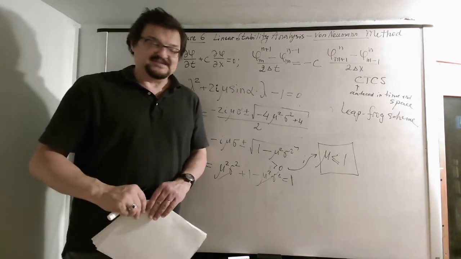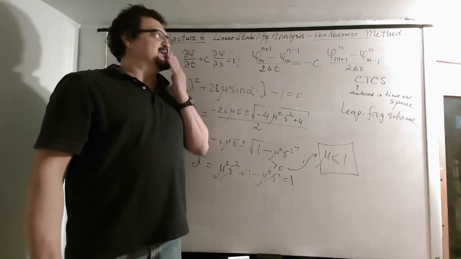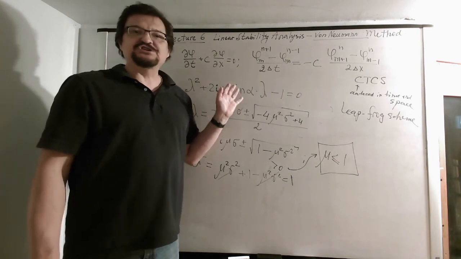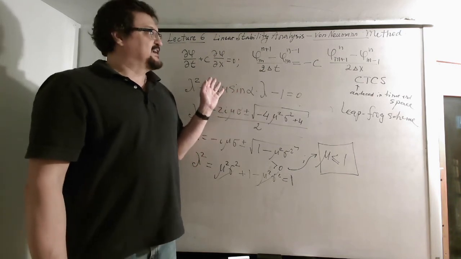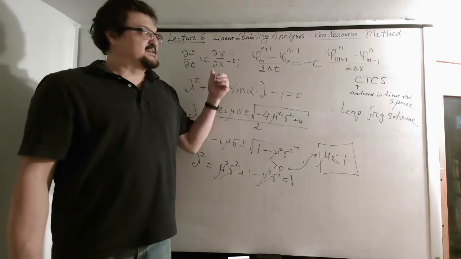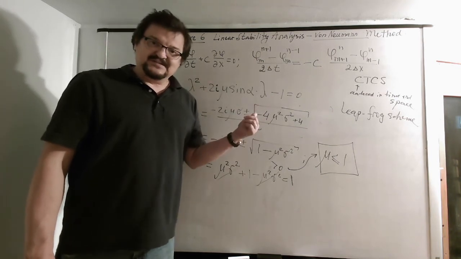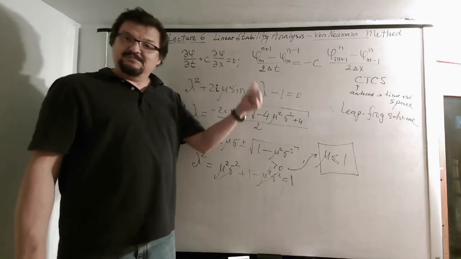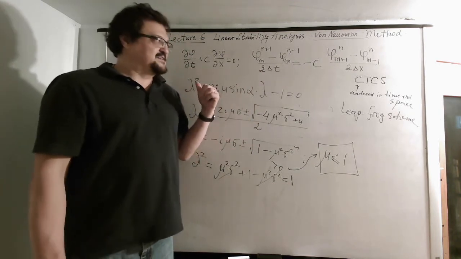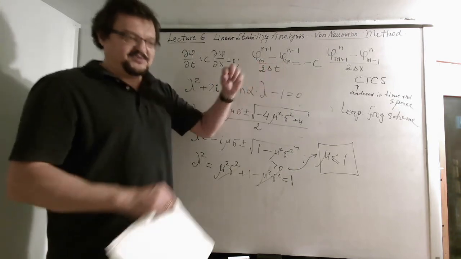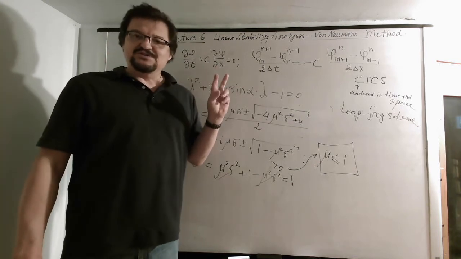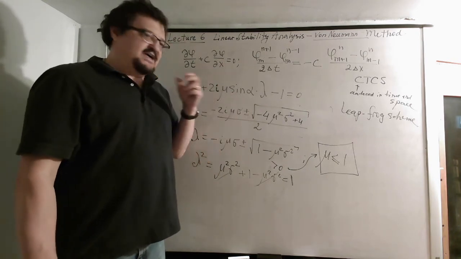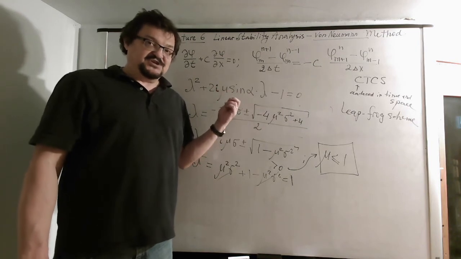But it has some other bad properties that we're going to talk about in another lecture, the so-called computational modes, or artificial solutions that don't actually exist. It basically generates a computational signal mode which travels in the opposite direction. So instead of traveling to the right, there is a computational mode that travels to the left. It's because of the staggered nature of this scheme, because of this leapfrogging. It generates two sets of solutions that don't talk to each other, and you need to use special filters